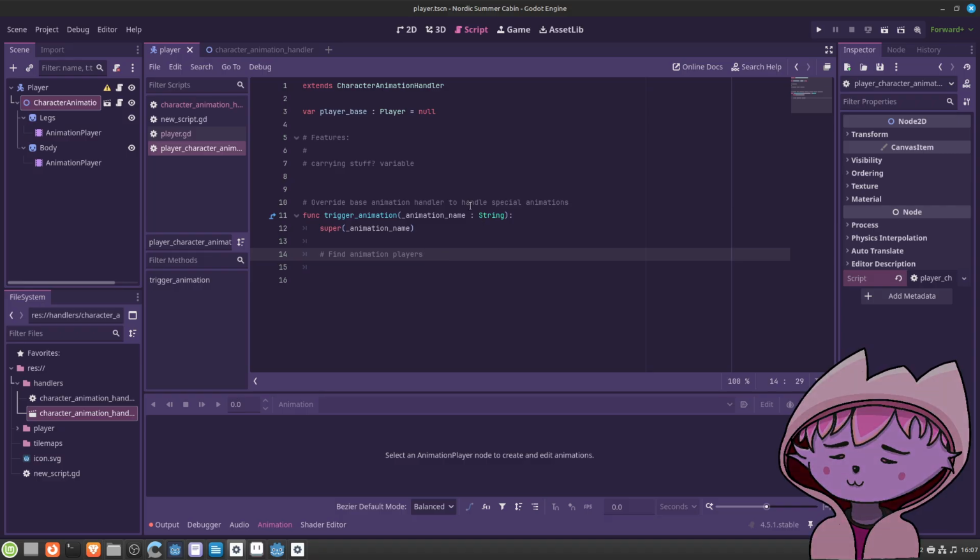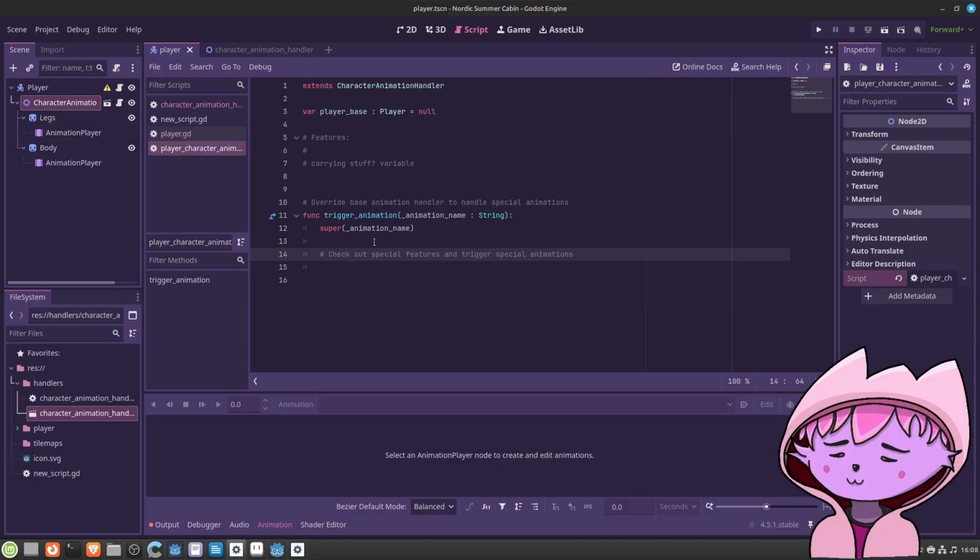Okay, so I imagine there is an animation called idle coming up. It's being sent to the original character animation handler. But then, based on the special features, check out special features and trigger special animations.